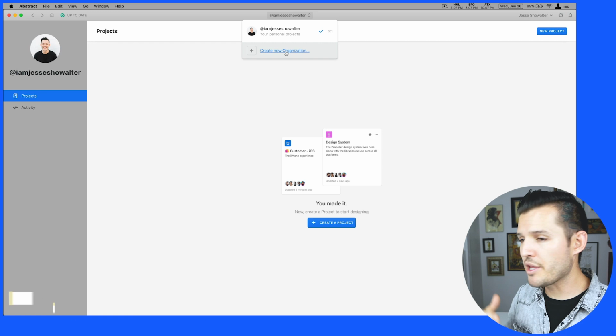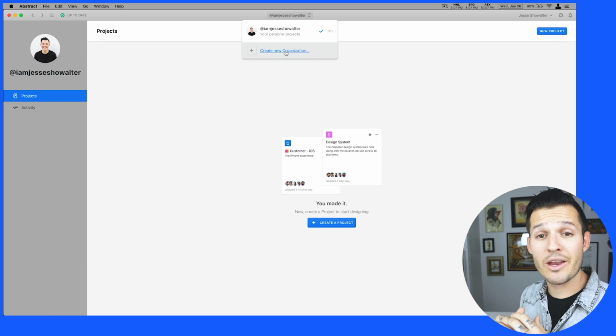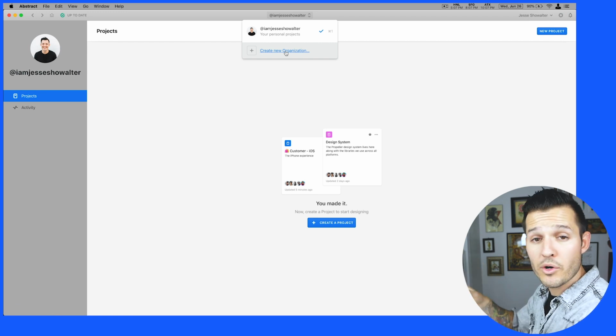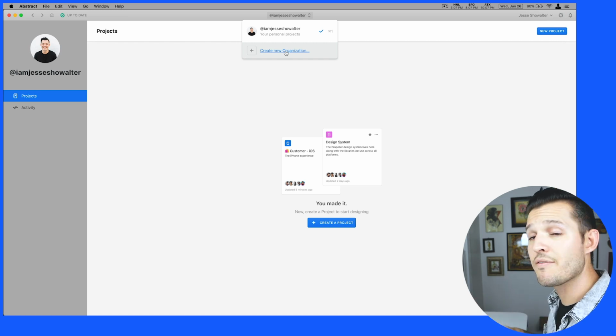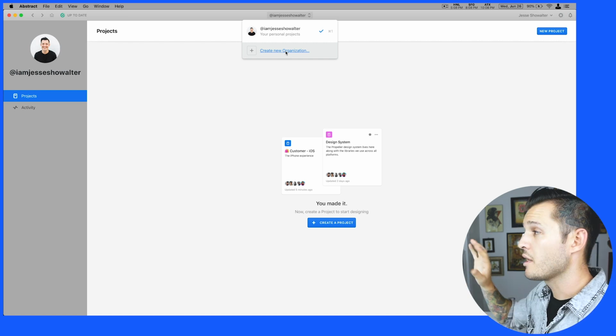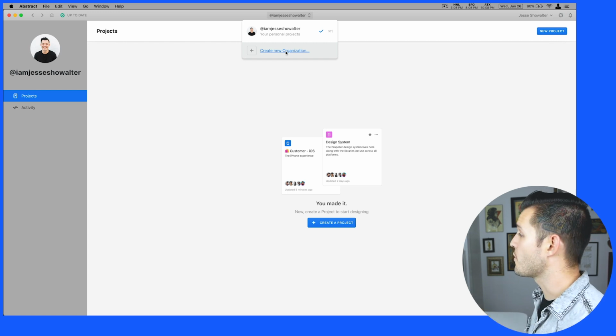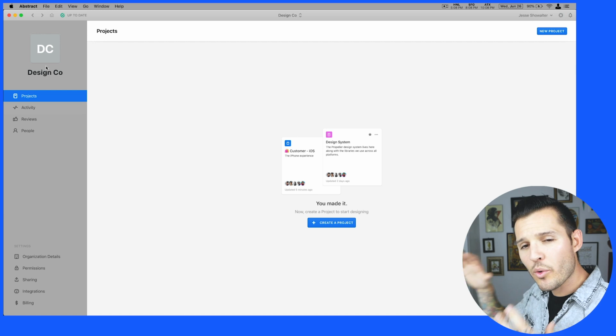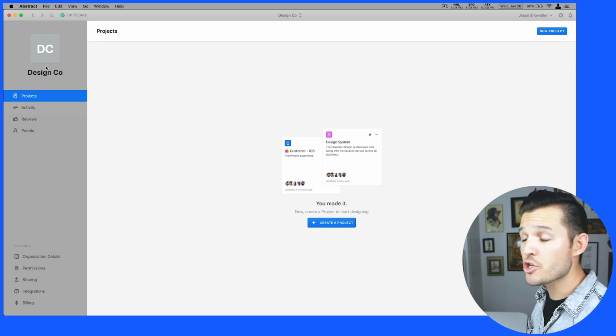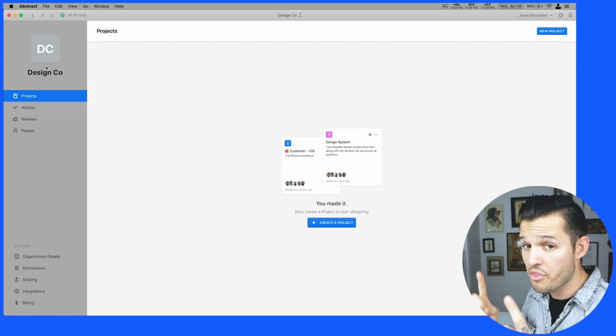So this might be the 3 or 5 or 10 designers that are at your job. They all want to be part of this one organization. This might be a design agency and the few designers that are in that agency. An organization is pretty much an organization. So we're going to create a new one. We're going to call it Design Co. Now that we are inside of our Design Co organization, it's really asking us to do one specific thing, and